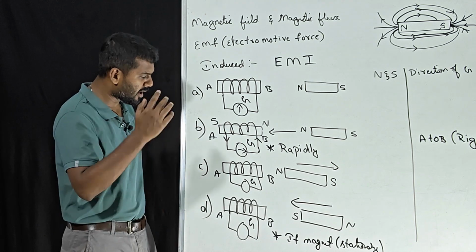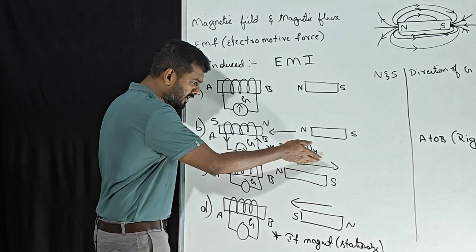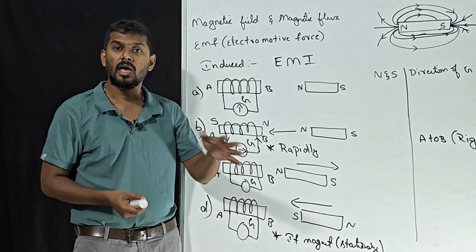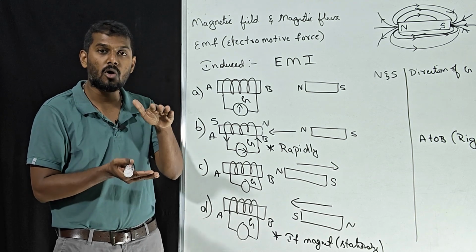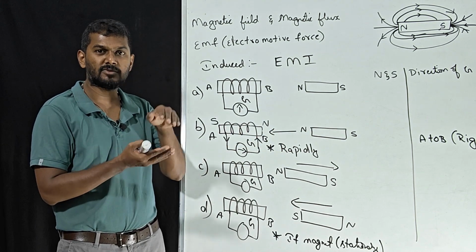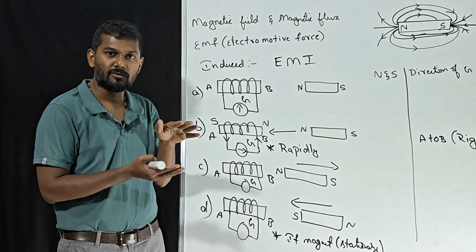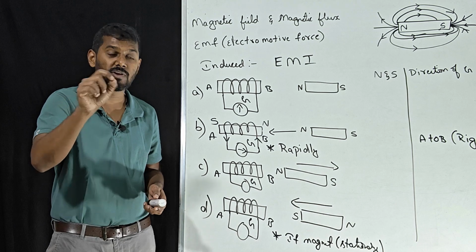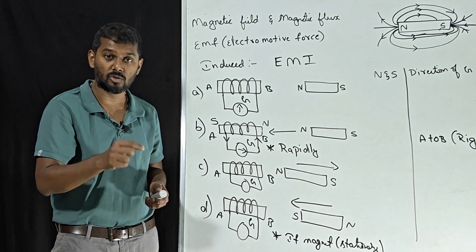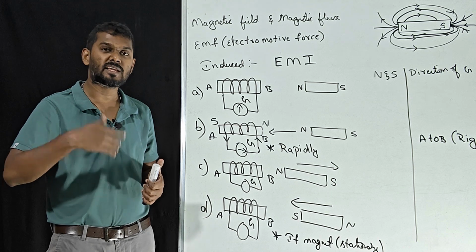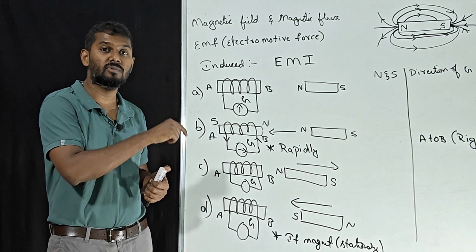Keep this in mind. Now the same magnet, instead of moving towards, is moving away. Whenever it is moving away, the magnetic field lines will keep on decreasing. If it is moving towards, the magnetic field lines will keep on increasing. If it is moving away, magnetic field lines will keep on decreasing. See, all these points, whenever you are understanding through the video, make a note of it. Then it will be very helpful the next time you are studying, and these will be the key